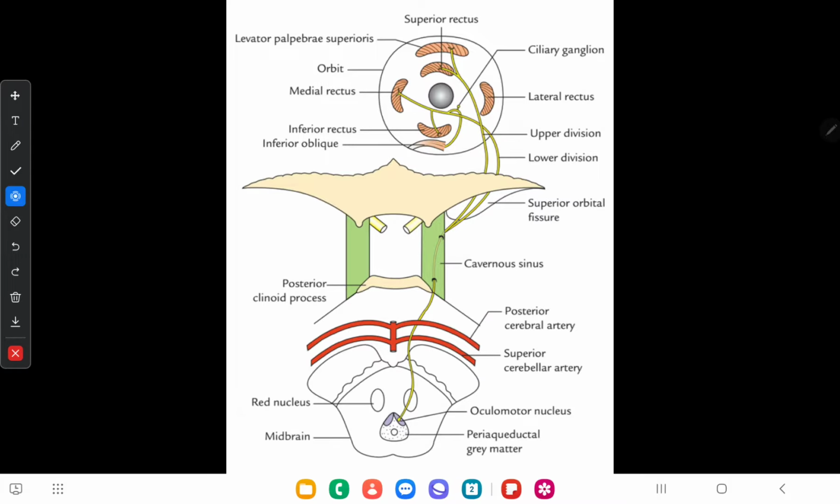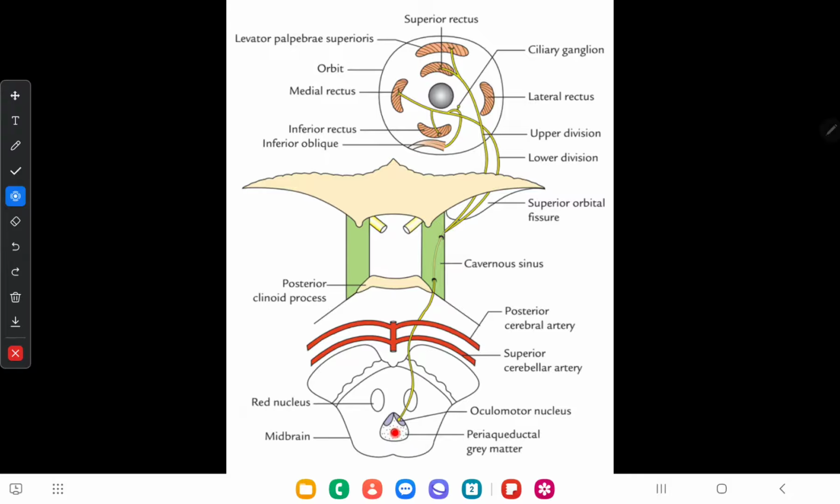Now we will move on to the oculomotor nerve pathway proper. The oculomotor nerve is the third cranial nerve. It is a purely motor nerve responsible for movements of the eyeball, constriction of the pupil and accommodation. This nerve is also known as the nerve of accommodation. When we talk about the nuclei of origin, this is the origin of the oculomotor nerve, and here the oculomotor nerve nucleus. It is located in the periaqueductal grey matter anterior to the cerebral aqueduct